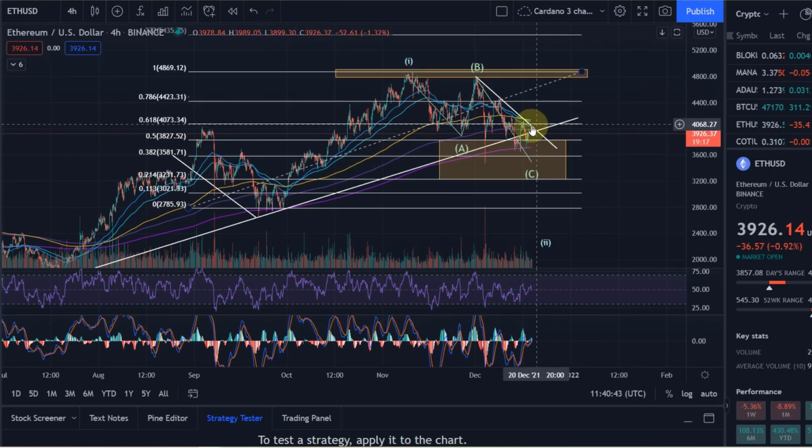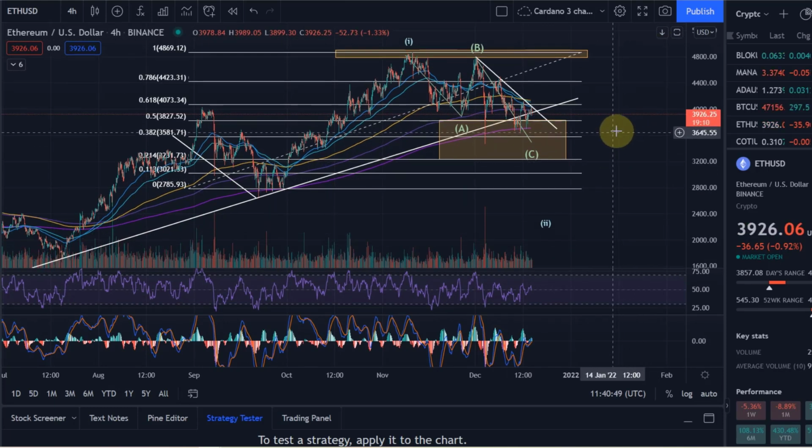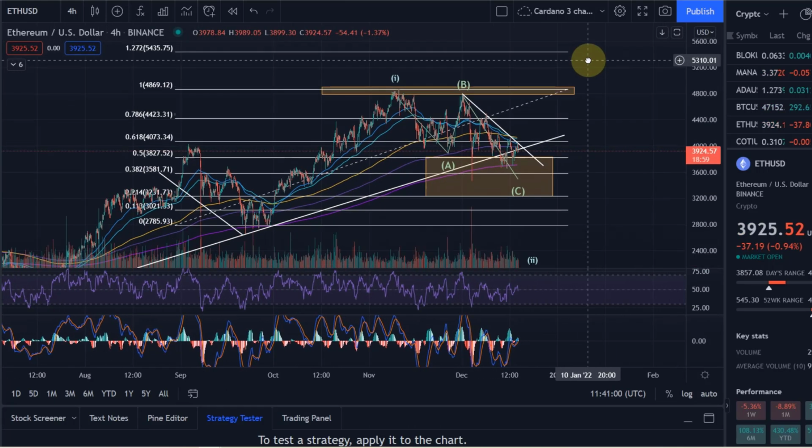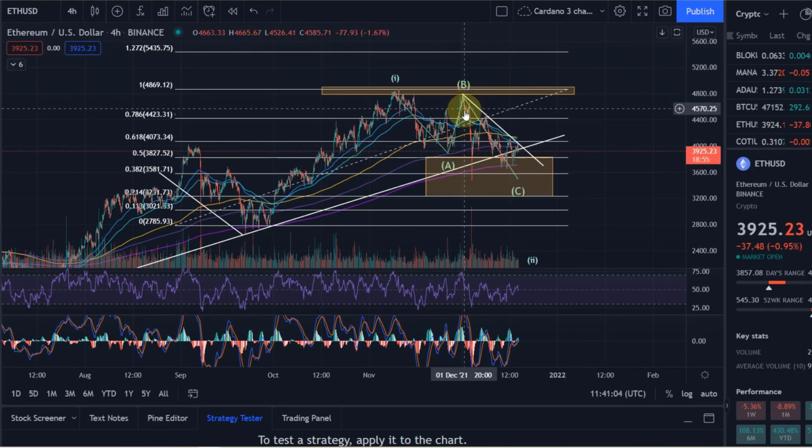If you get a larger correction, then you can also come up higher, because it's just a view of which perspective you take and which degree of wave you're currently in. In this scenario, if we drop down based on the fib levels, these are the levels that could then be expected. Now, if we take a look at what is currently going on, first of all, I think it's quite likely